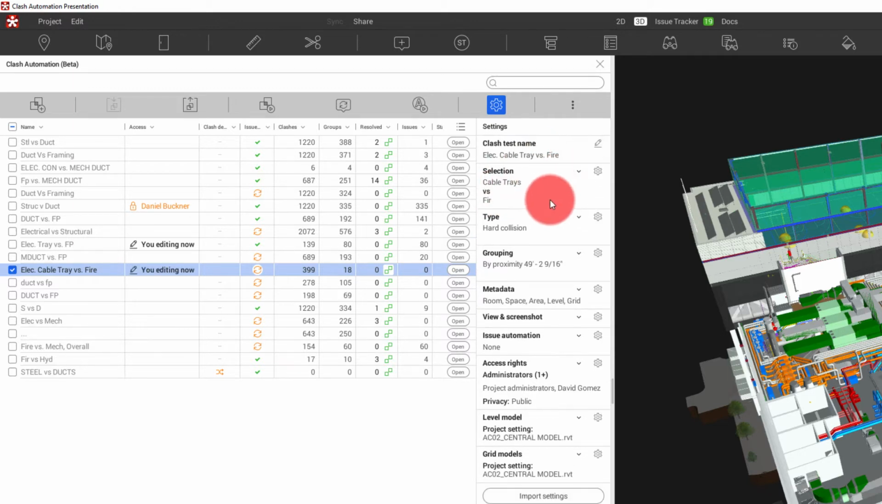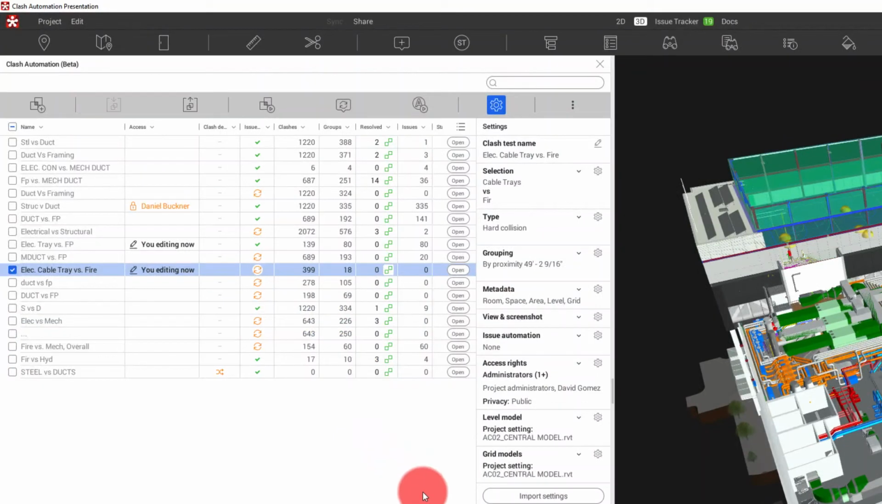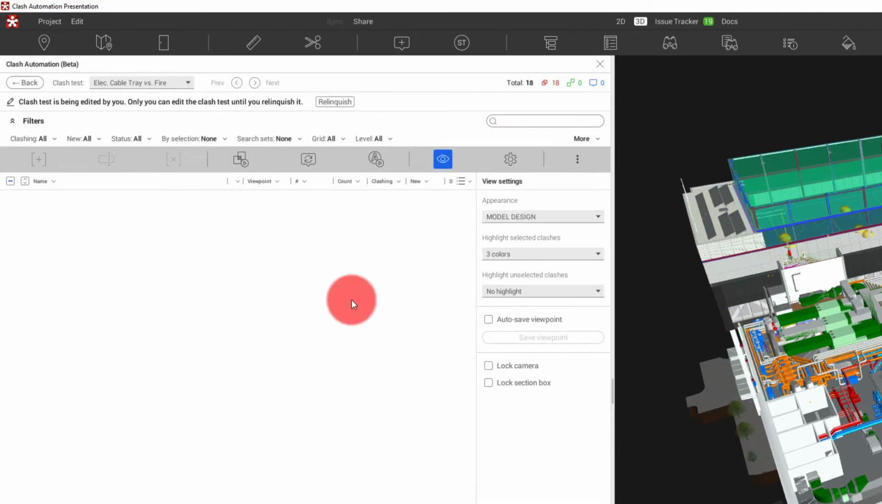If I check out, you'll see that it prompts that I am editing this. This goes out to the team. They know that that clash test is being worked on by me. I can make any changes that I want, such as screenshots or views, default section box sizes, anything that really has to do with any of this criteria here. Once those changes happen and we verify those changes,